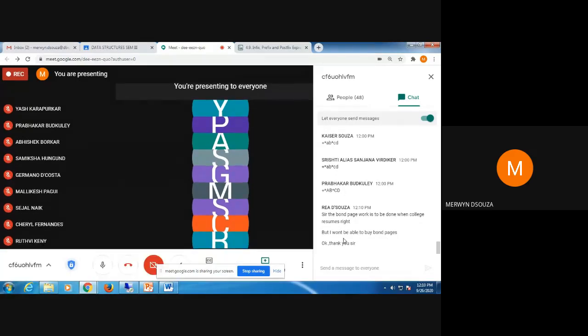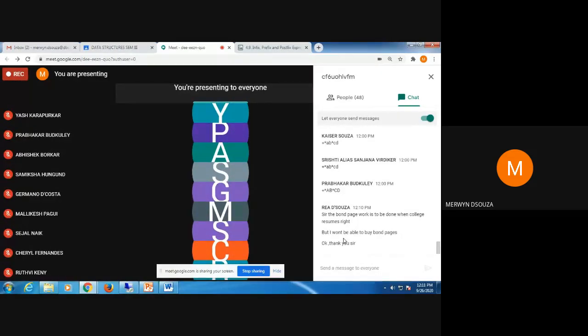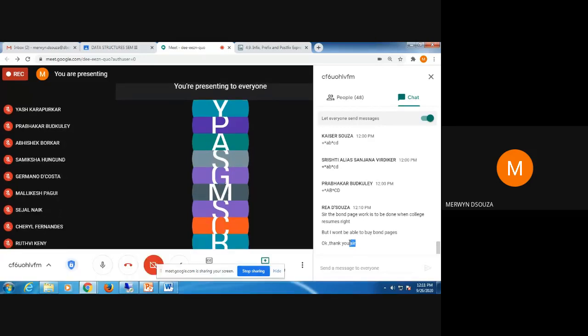You have to show me the file at the end of the semester. Okay, you have to submit the file at the end of the semester. That time I may tell you to scan your file and send it to me, so you have to be able to send the file to me in PDF format, if you are not joining the college till then. If you join the college, then you have to submit the hard copy of the file. But keep writing this file whenever you get time. Don't wait till the end to write all the files because you are having many subjects. So please don't wait till the end.